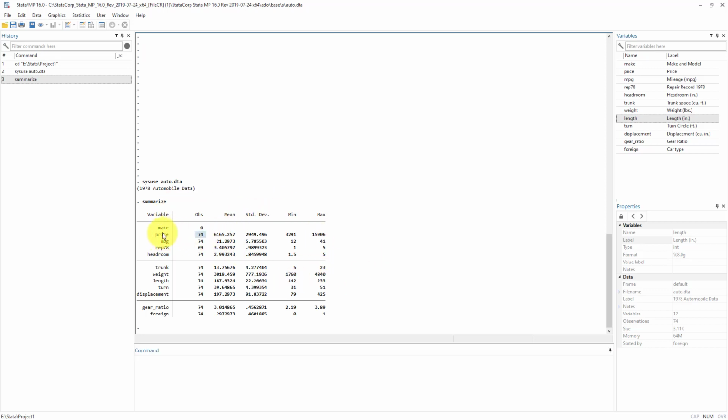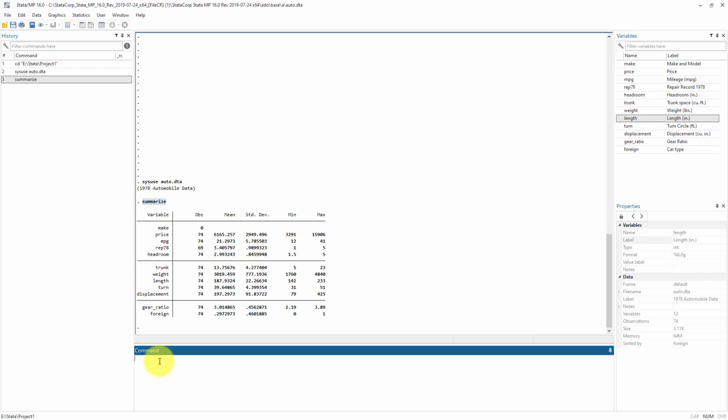the number of observations in the price variable, its mean, the mean price of the cars in our data is $6,165, its minimum value, maximum value, and so on and so forth. But before this table, you would notice that there is a dot and the command that Stata has executed. So the command window is used to give some specific command to Stata to perform. It can be related to generating a new variable, it can be related to performing